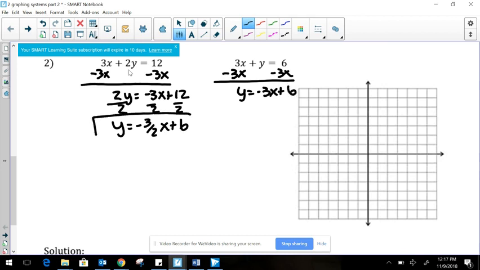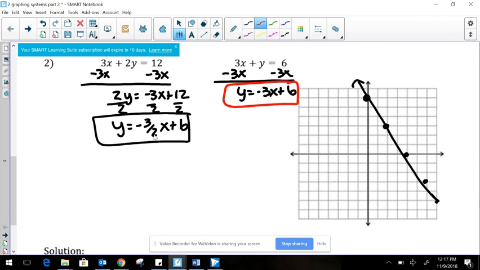Okay, so first one here, I will graph. So my y-intercept is 6. 1, 2, 6. Okay, and then my slope is negative 3 halves. Remember, I'm looking at my equation here. So that's down 3, right 2. All right, so fill up your graph as many as you can. And my second line,